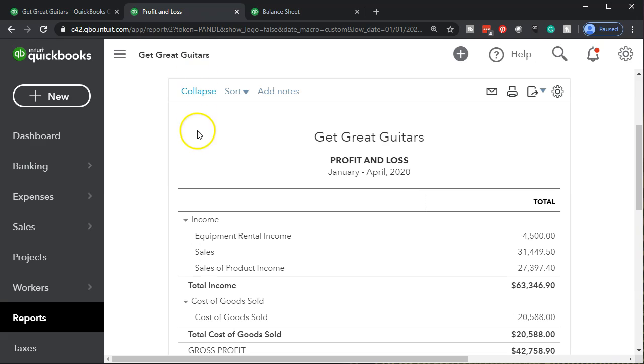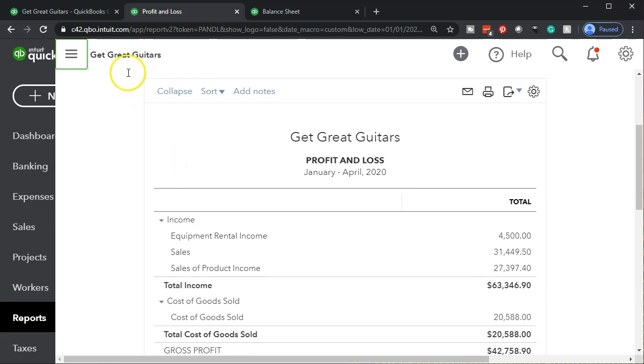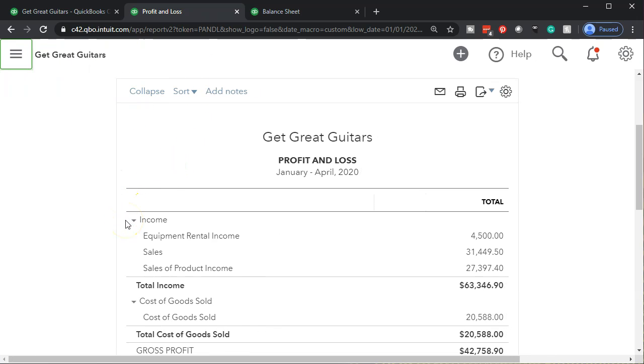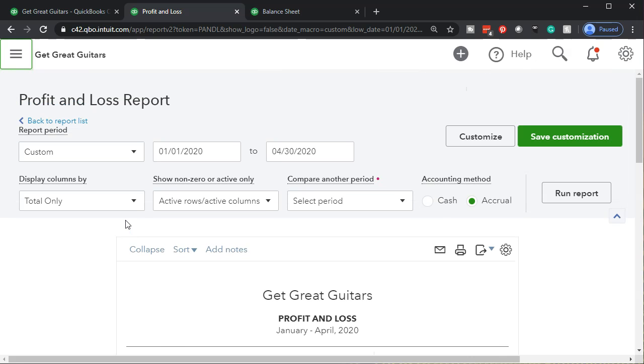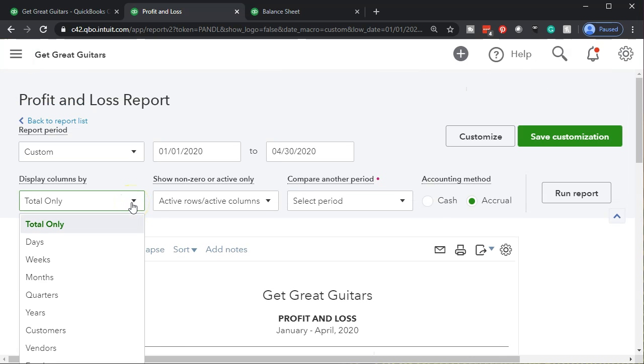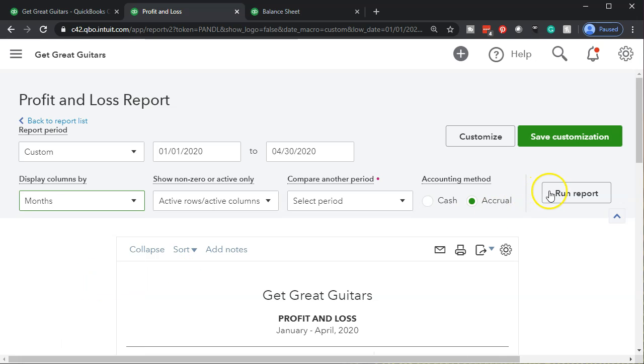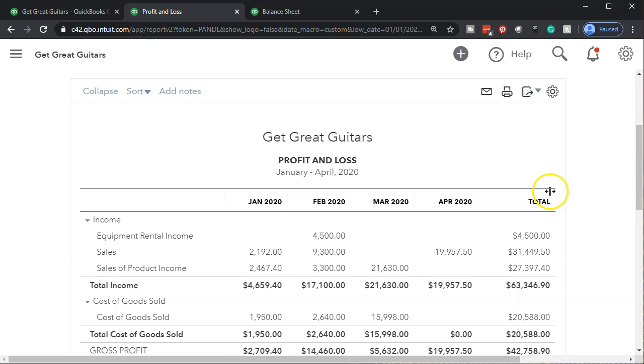If I go to the profit and loss, this is where we have the performance. So this is really the report that we can compare the accrual versus the cash basis here. Let's do the same thing by going up top and changing from the total only to the months, and then go run that report. This is a timing report, meaning we're looking at January 1st to the 31st,